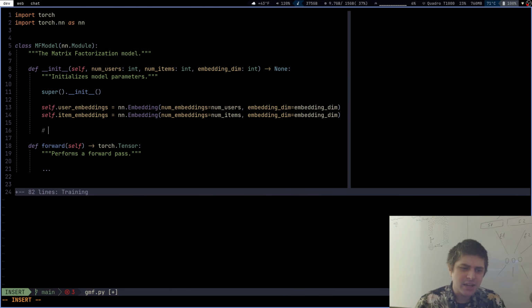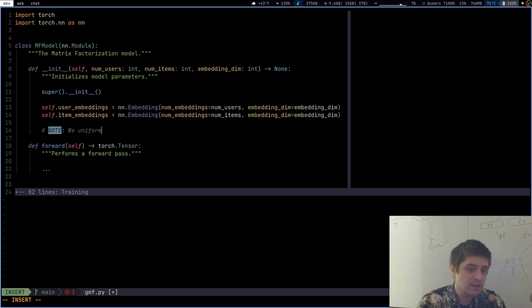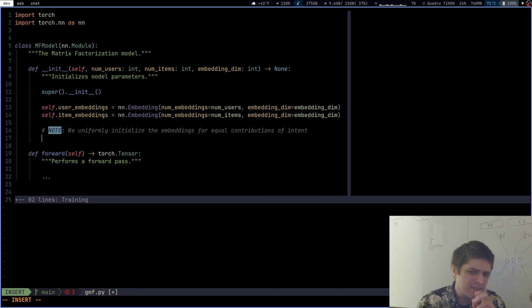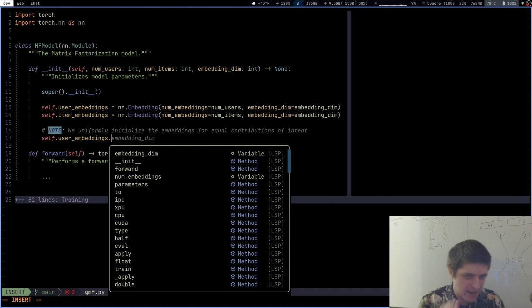Okay. And the next step is, it's not strictly necessary, but what I'm going to do is uniformly initialize the embeddings for equal contributions of intent. So what that means is that in the beginning, we're going to be more or less uniform in making decisions in a way, right? So we're not going to be biased as much when it comes to particular items or particular users, because again, we do not only care